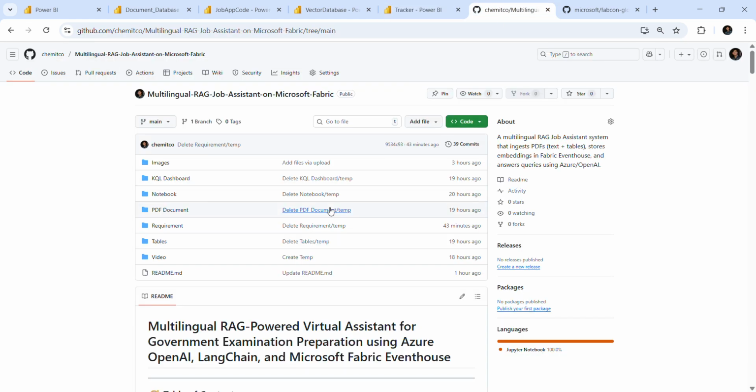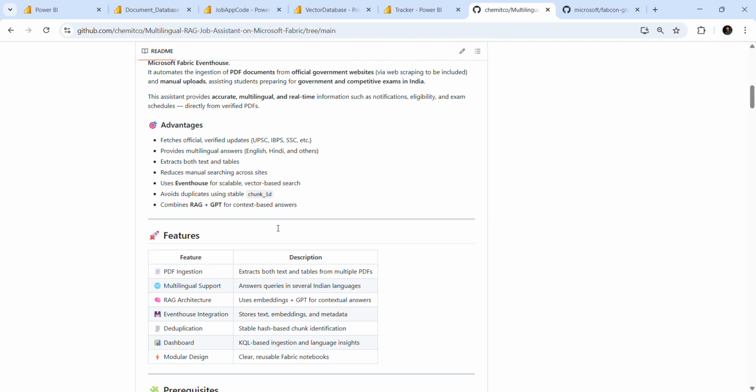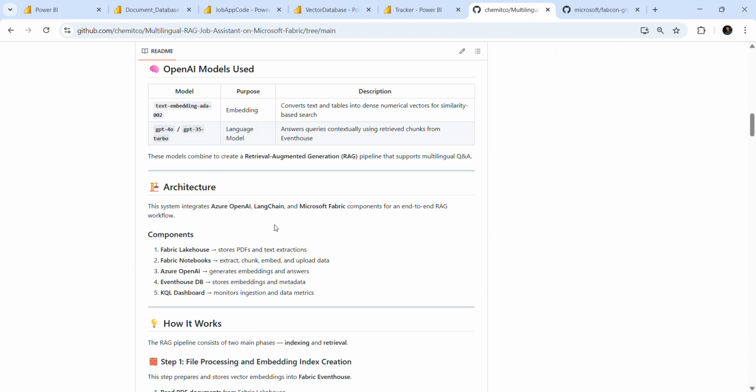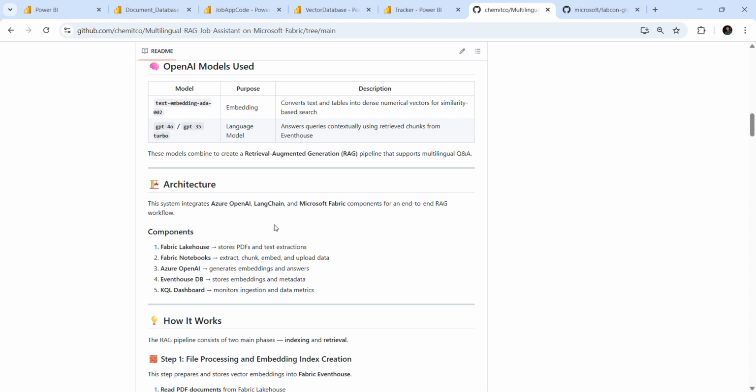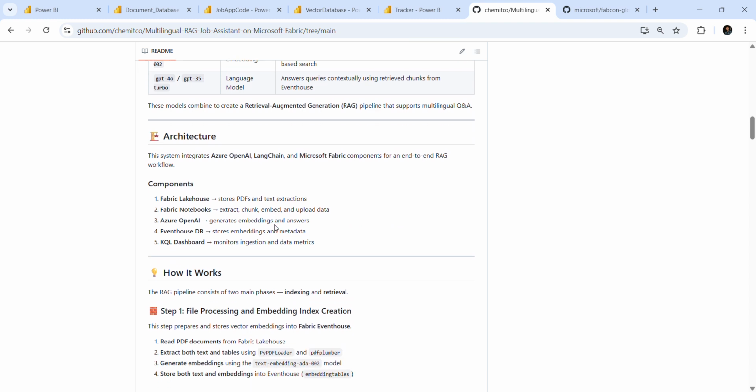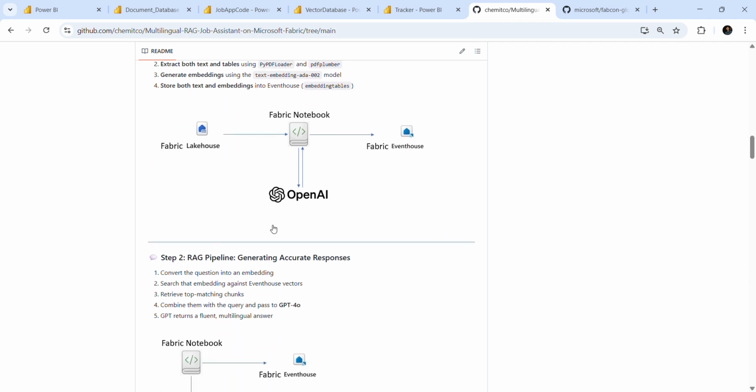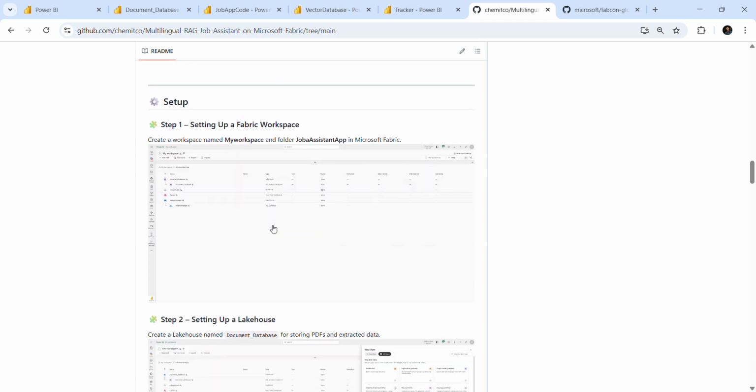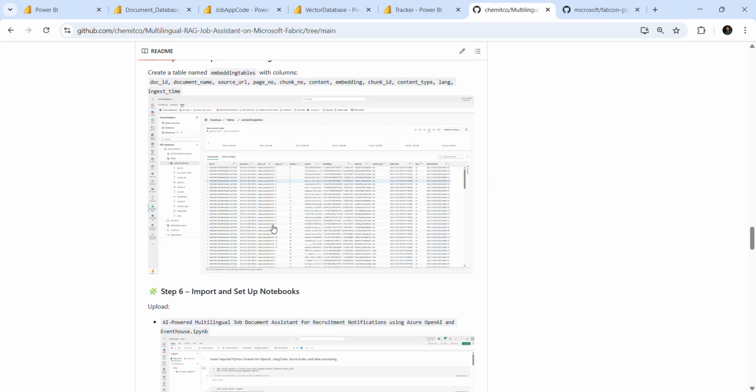And you can get all the information on my GitHub page. I have written all these things with everything. I have provided the notebook, I have provided the PDF solution, I have written everything step by step on how you can replicate this kind of platform at your end. And you can also tune it as per your database, as per your documents, what you want to achieve, what you want to know about the things. I have explained step by step. There are 9 steps you need to follow.